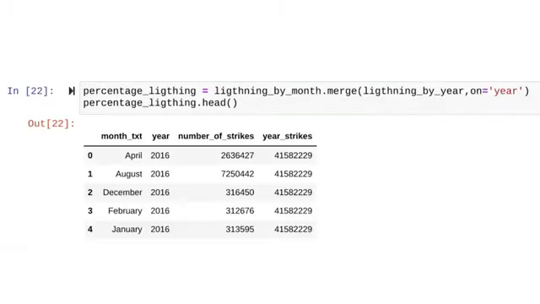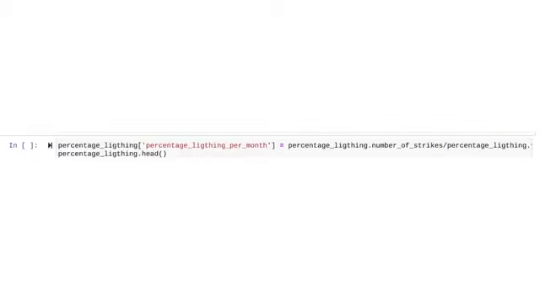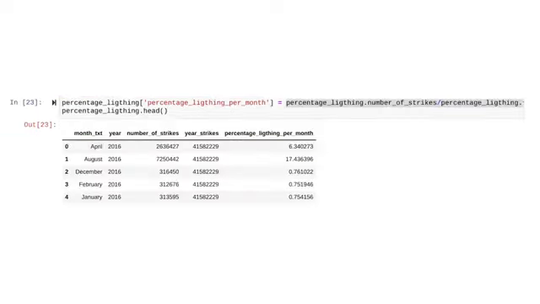You'll find that the merge function is merging lightning by year into our lightning by month data frame according to the year. Lastly, we can create a percentage lightning per month column by dividing the percentage lightning dot number of strikes by percentage lightning, after which we'll add the asterisk 100 to give us percentage. Now, when we use our head function, we have a restructured data frame.